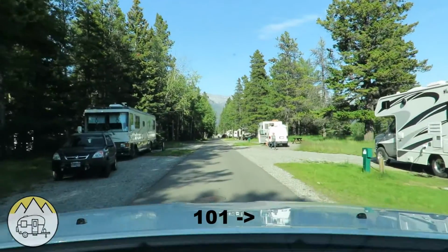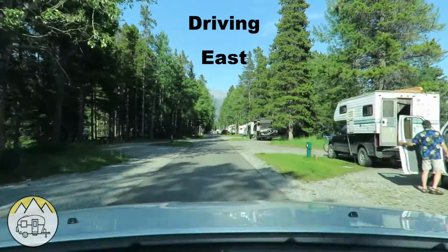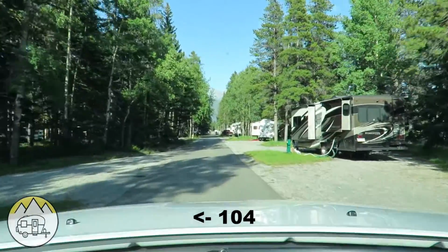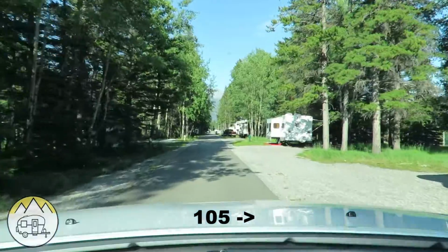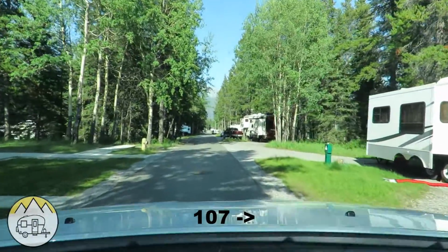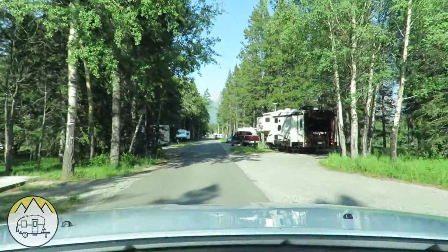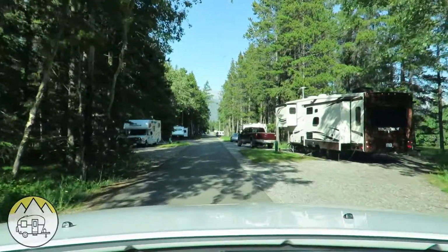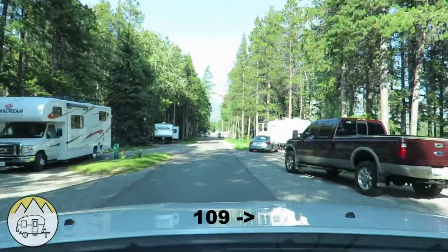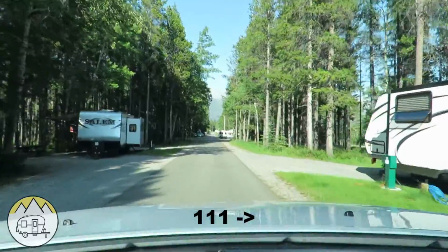And as you go down the road, it begins at 101 on the right, 102 on the left, 103 on the right, 104 on the left, 105 on the right. Then a restroom facility. There's a restroom facility sitting between row 100 and 200. 107 there across from the restroom. And then we come to 109 on the right, 110 on the left, 111 on the right,